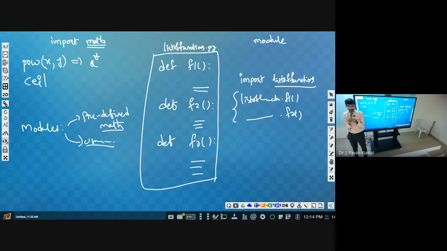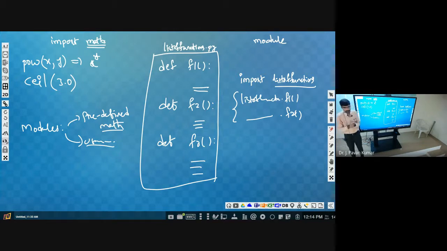Equal to will come. Like you consider ceil of 3.0. What is the value? 3. It is equal only, right? Nearest integer which is greater than or equal to the given number. 3.2 means nearest integer we will be going, so it will come to 4.